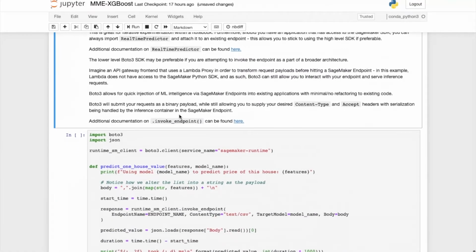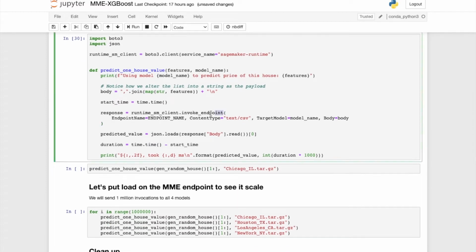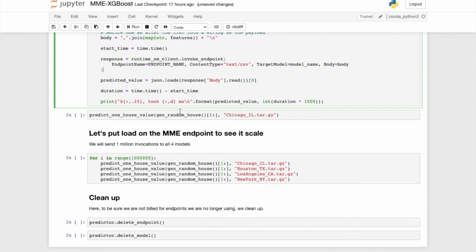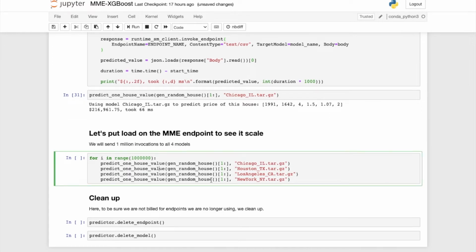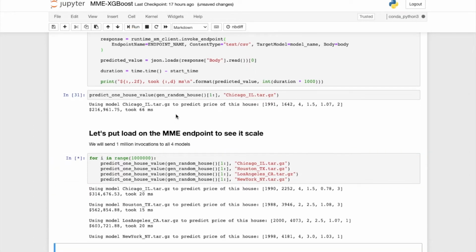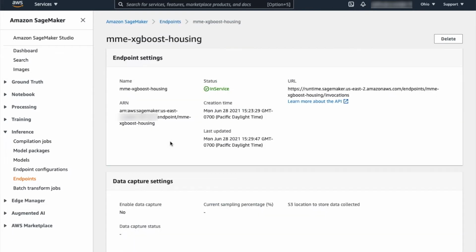The next thing I want to show you is how the multi-model endpoint auto-scales. So for that, I need to generate some load on the endpoint. So I'm creating a Python function that essentially does the same thing as previous steps, which is to invoke the endpoint for a given city. So I'm going to just test that and make sure it works. I've invoked it for Chicago. It's returned okay. And now I'm going to create load, by calling all 4 of these models multiple times in quick succession, and see how the multi-model endpoint starts to auto-scale based on the request per second per minute metric.